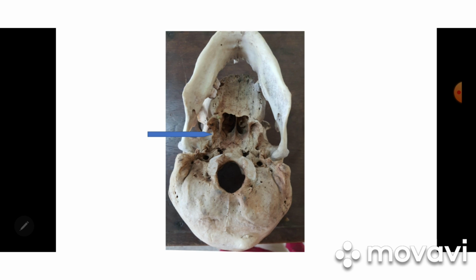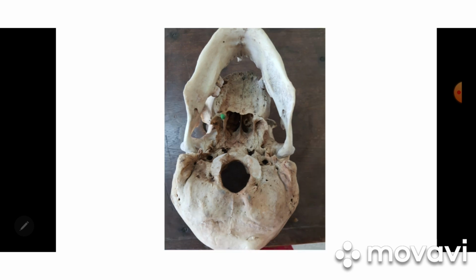So, here we are seeing the base of the skull, the arrows pointing towards the pterygoid plates of the sphenoid bone. So the sphenoid bone has medial and lateral pterygoid plates. The arrows pointing at the lateral pterygoid plate. Close to it, medial to it, we have the medial pterygoid plate. And the medial pterygoid plate presents the pterygoid hamulus. That is what's shown in green color here. That's the pterygoid hamulus.